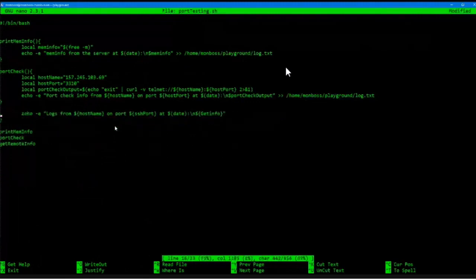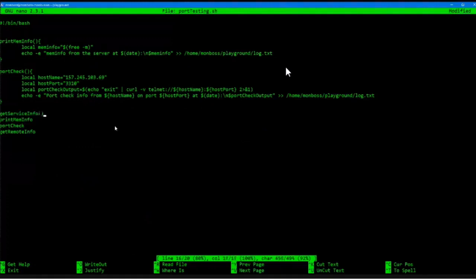Let me remove this. So, get service info. What I can do is there's a very simple tool in Bash with regards to systemctl. It's called system